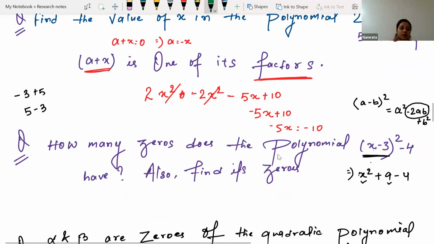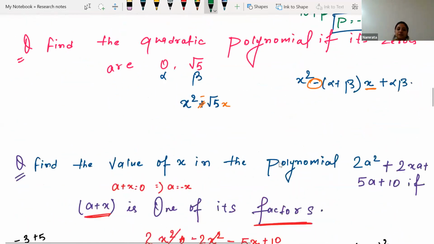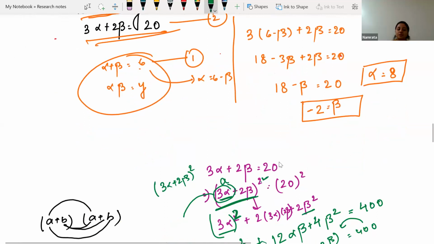How many zeros? If I say this is question number 5, can you see question number 5? Yes, ma'am. So the method which you have used for solving, let's conclude it. From the method which you have used, Harshit,